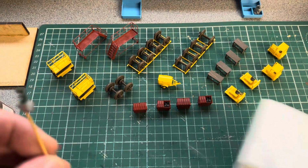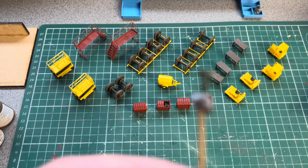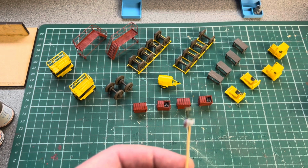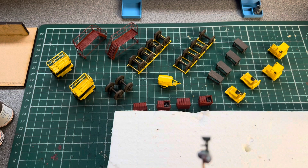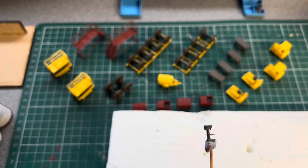It's really good detail, if I can get it to focus in. I'm not sure if it will. Can't really get it to do it. It's probably about the best I can get it. If I put a white background, that's better. Oh, there you go. The detail on that is really good. It's even got the little handle